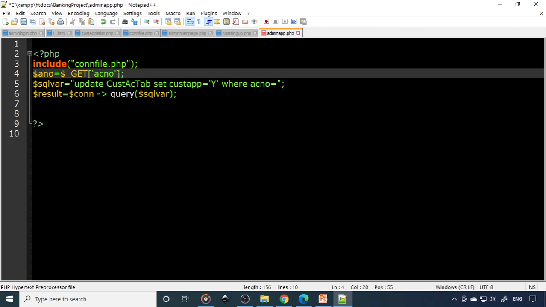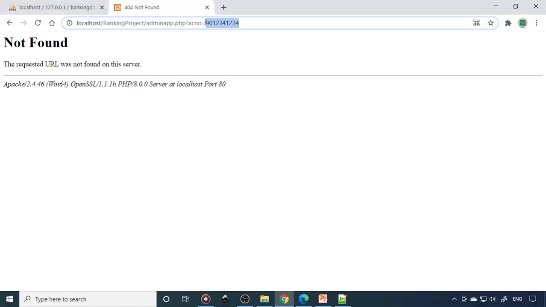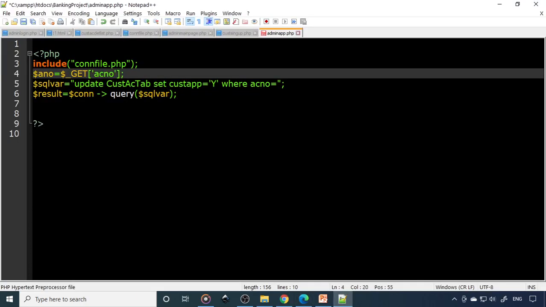We can do this in multiple ways. This was the easiest way, so I'm just showing it, but this is not a very good way, because you can't take the account number straight to the address bar. Someone can hack this. In that case we need to encrypt, decrypt, and do a lot of things. Otherwise you can also use a session variable and transfer it through the session variable. From there also we can work, but I'll show you with this how it can be done. Later we'll see what we can do with that.